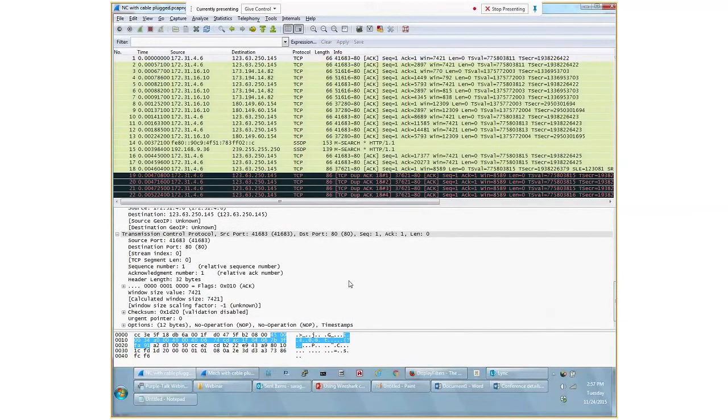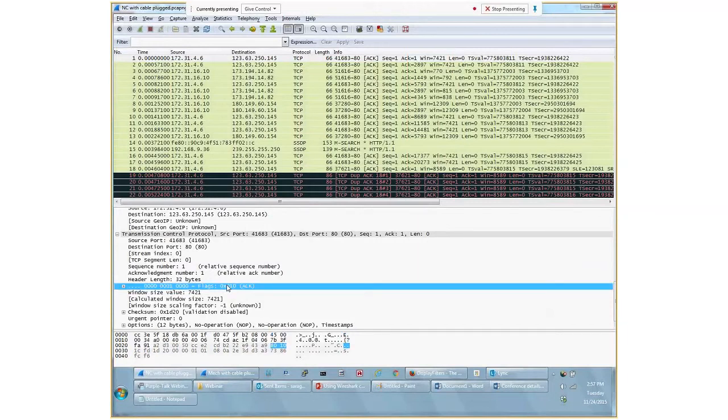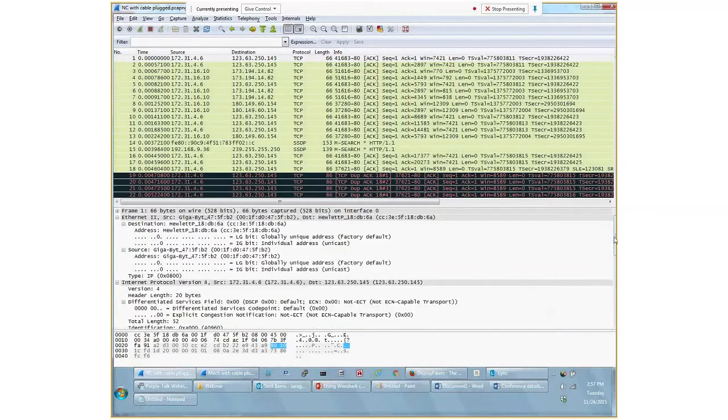So you have the source port, the destination port, and TCP as well. There is a lot of information in the TCP header. This is actually an ACK. Lots of information to study about the header, but I'm not covering all of that. If you're able to just understand what these are, it's pretty much enough.